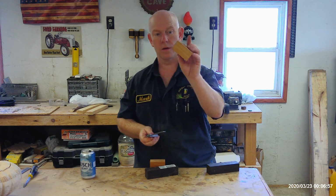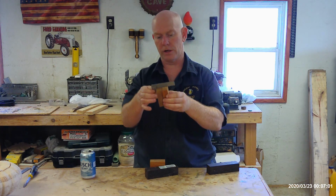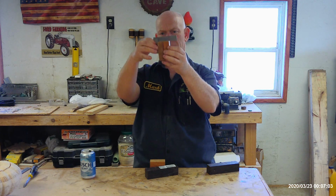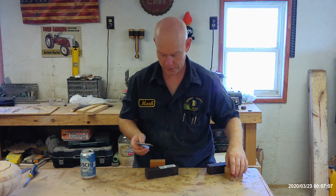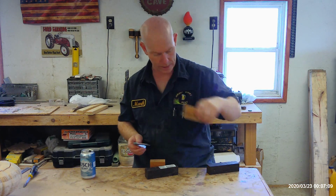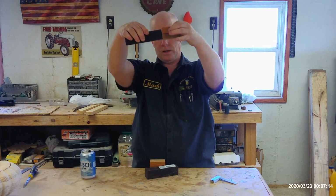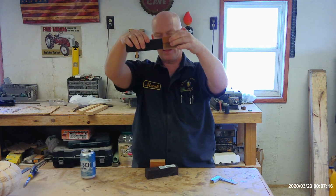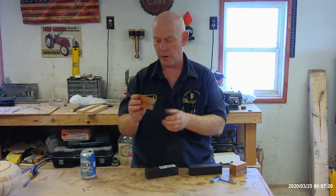Now, this is going to be the handle end, and of course we've got the glue surface here where, you probably can't see that, but it's not flush. So we have to square up one end of this so we can attach it there. See how well they match up? That wouldn't work right now. And then this one,